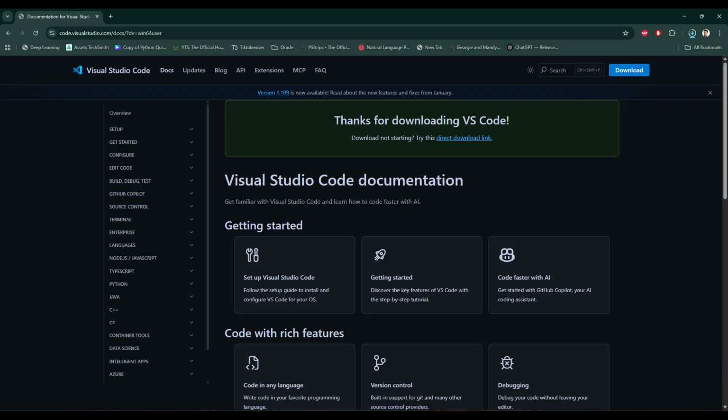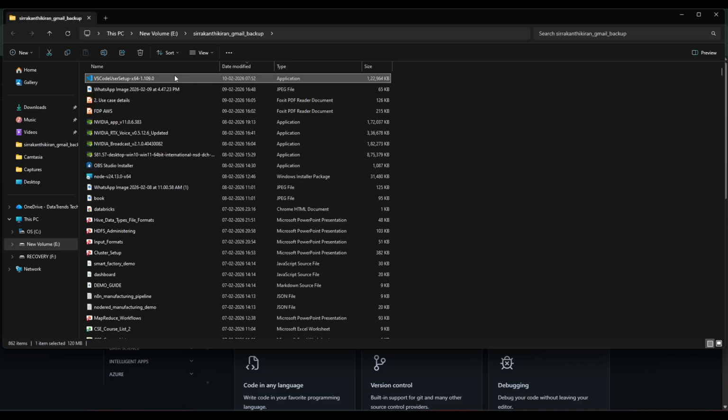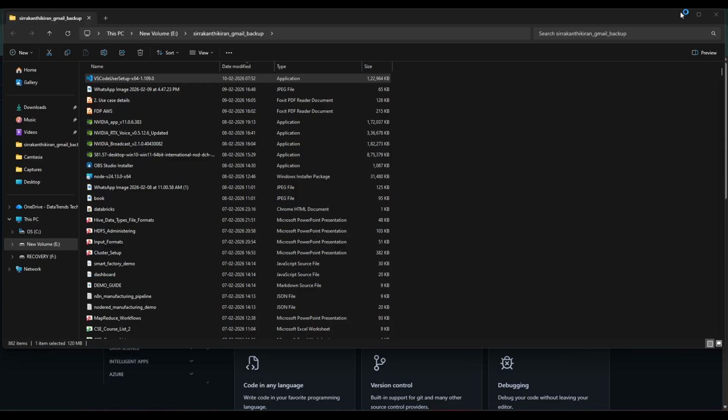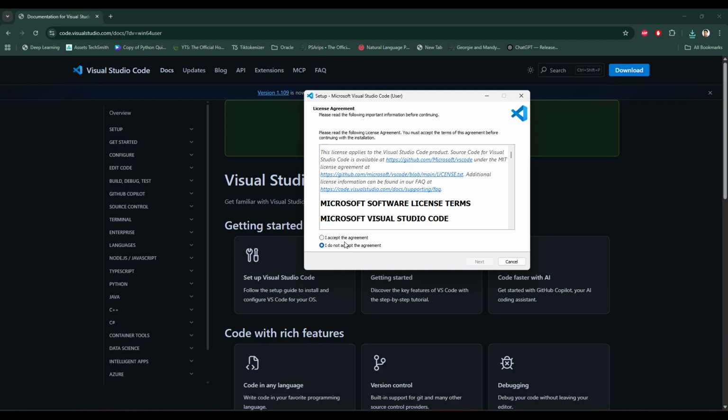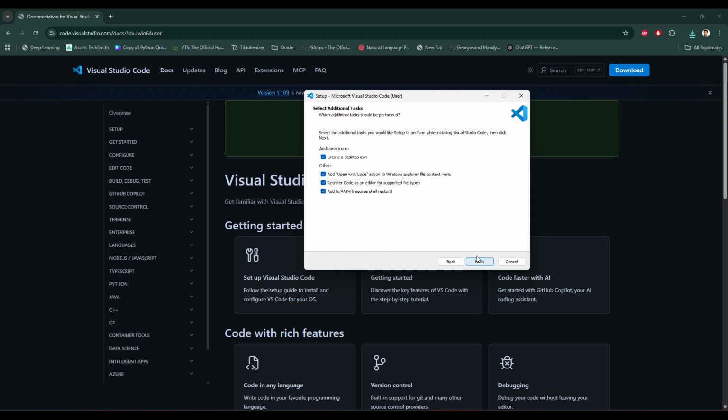Once the download is complete, click on the installer file to run it. If Windows asks for permission to make changes, click yes. See, our download has been finished. Let's double click on it, and then you would see this dialog box. Click on I accept the agreement, next,